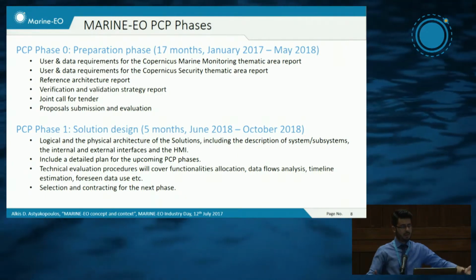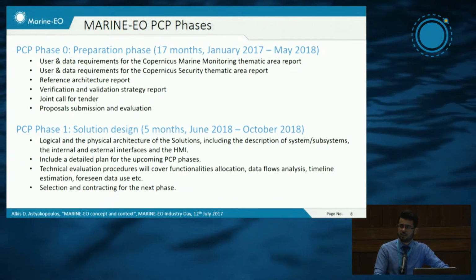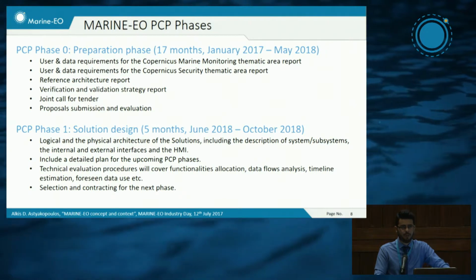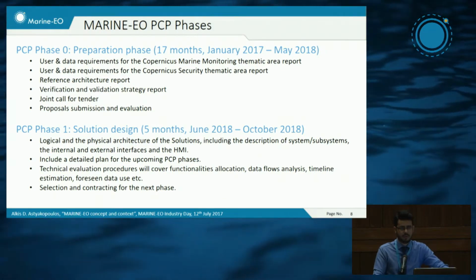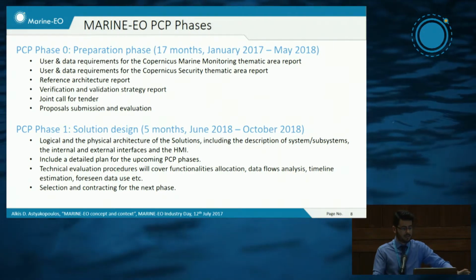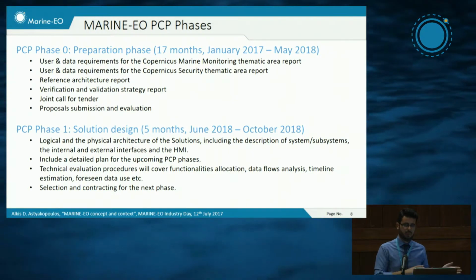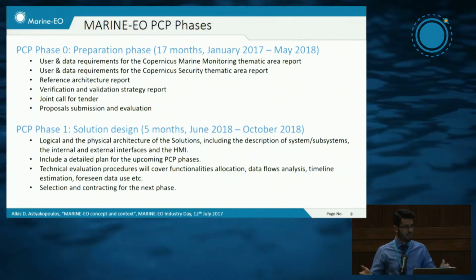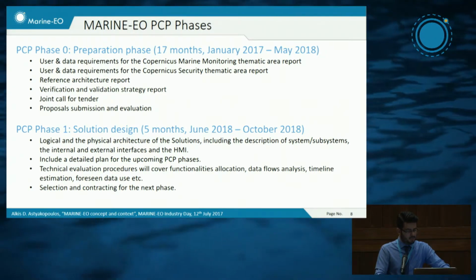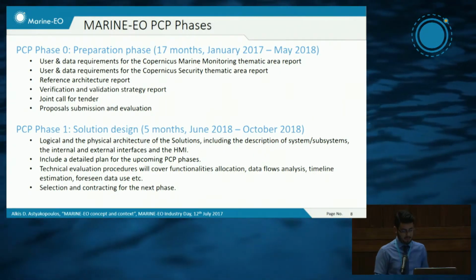This is the phase where we are looking to receive full technical details and specifications about how the contractors will develop the services that have been briefly described. We are seeking different solution designs for the security part, of course, and different solution designs for the marine environment. After that, we are going to evaluate the solution designs and select the contractors that will go to the next